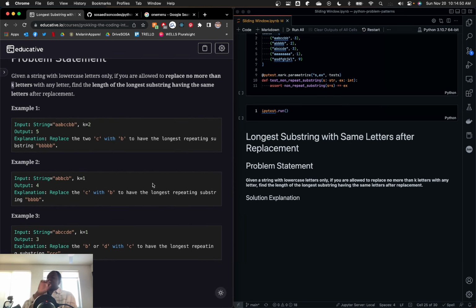I took a peek at the solution. They're using a hash map to track the frequency of each character. That seems reasonable, right? But I think we need to use it differently, if that makes sense. Okay. All right. So as we add characters to our window, there is going to reach a condition where we're going to be forced to update our window, right? What are those conditions? In layman's terms,